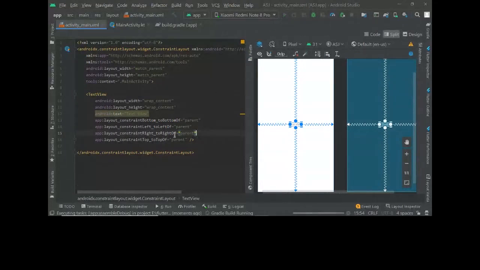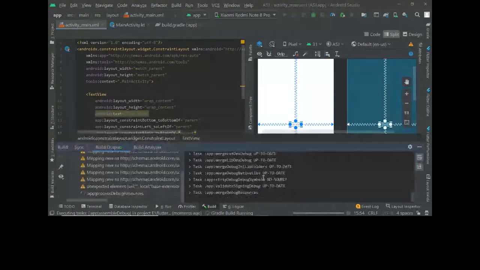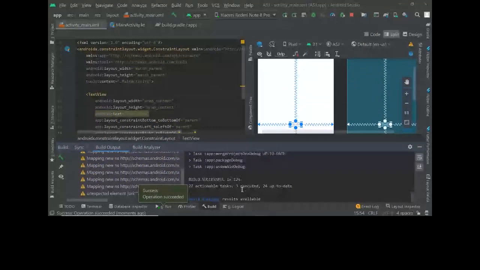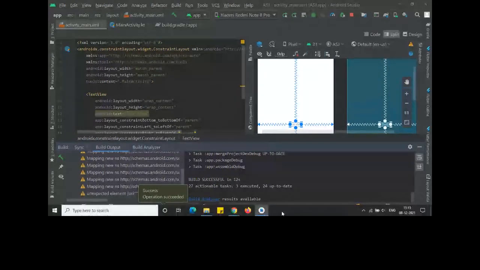So now I click on run. It's building. We can check the build here. Don't worry about all of this, like how it builds and all. You'll learn more about that later. Since I've already run it, it doesn't show. But if you haven't run it yet, on your phone you'll get a notification asking to install the app, so do that, if you're doing it right now, or else do that later.